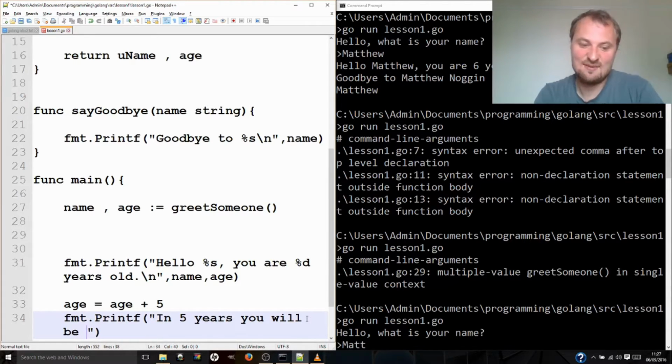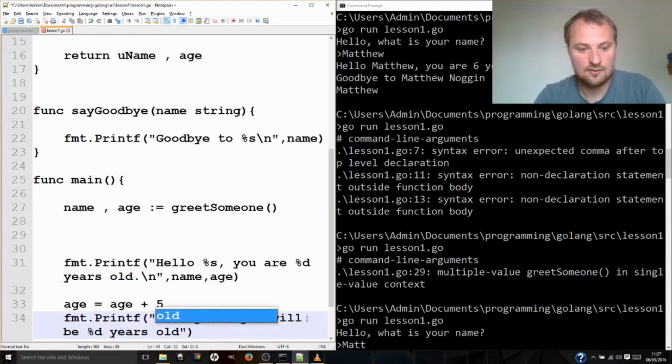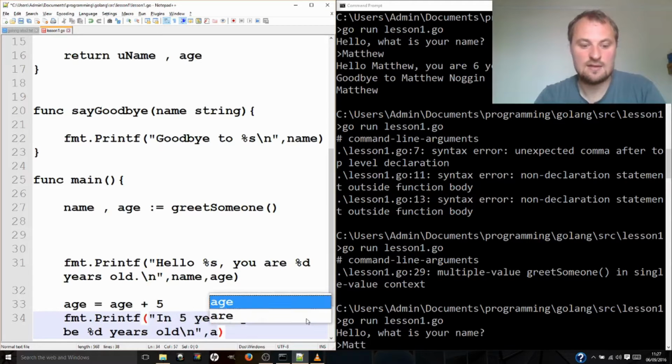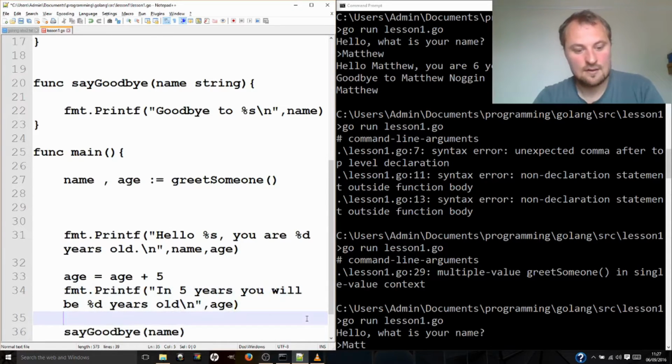We're sticking it in here. We type a % followed by, and it's a number, so we use D. Years old, new line, and here we put age, which is now the age plus 5. Save that,